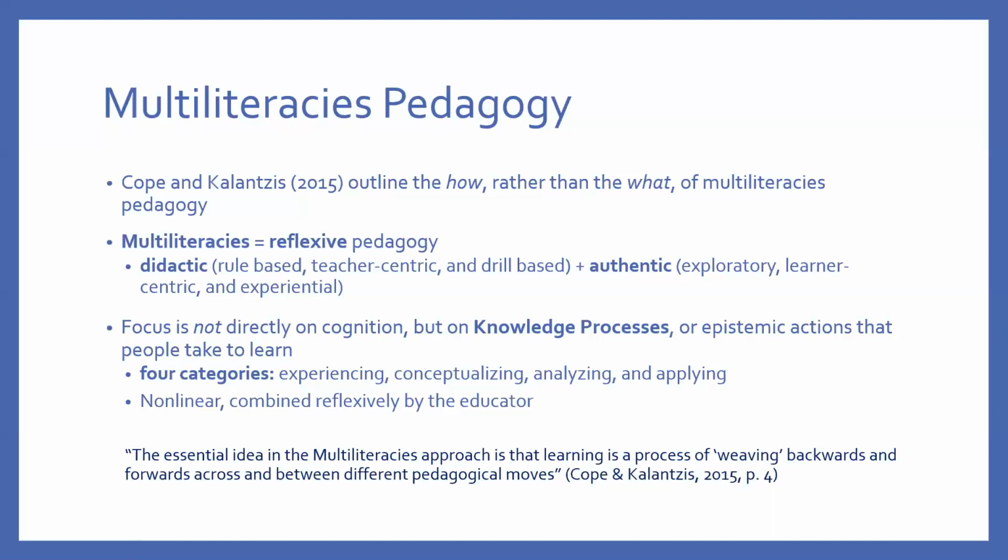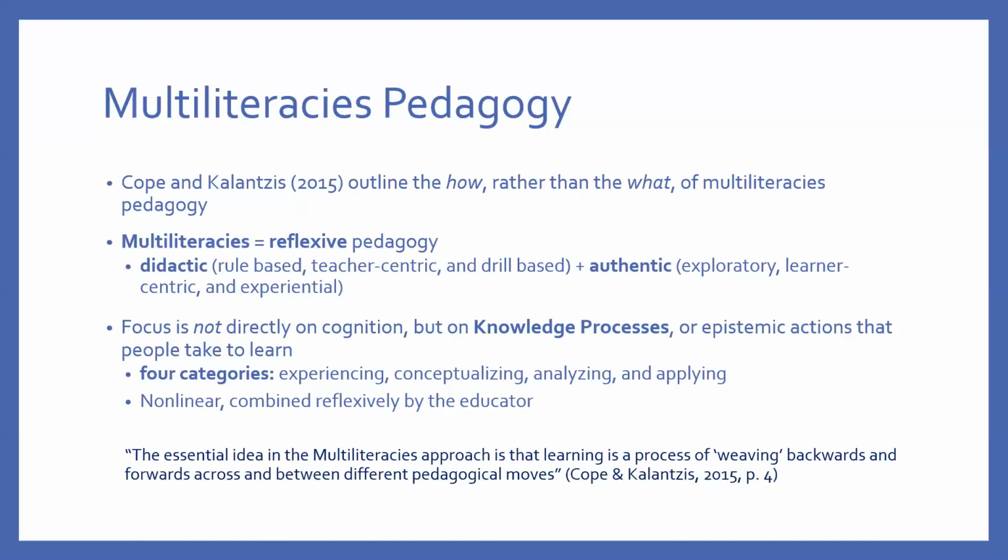So out of this idea of knowledge processes came 4 different categories based on pre-existing cognitive orientations of knowledge. And these are experiencing, conceptualizing, analyzing, and applying. I'll go into a little bit more detail about these 4 knowledge processes in the next slide. It is important to point out, though, before I move on, that these 4 categories are all seen